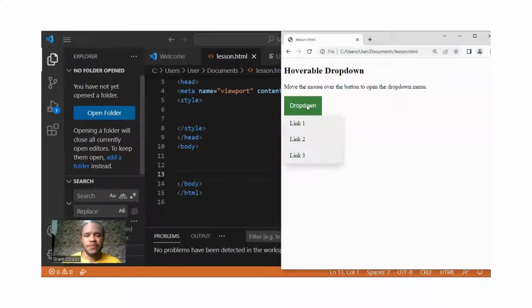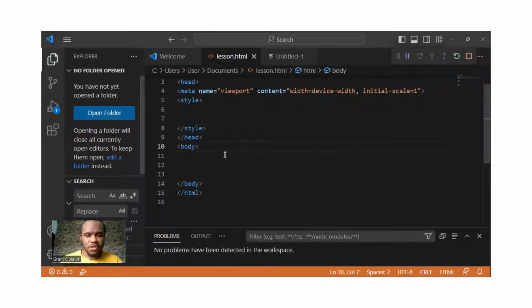I'm just going to show you what I mean. Here, right here, this is what a drop down looks like, right? This is a drop down. So we're going to be creating something like this. All right, first let's define